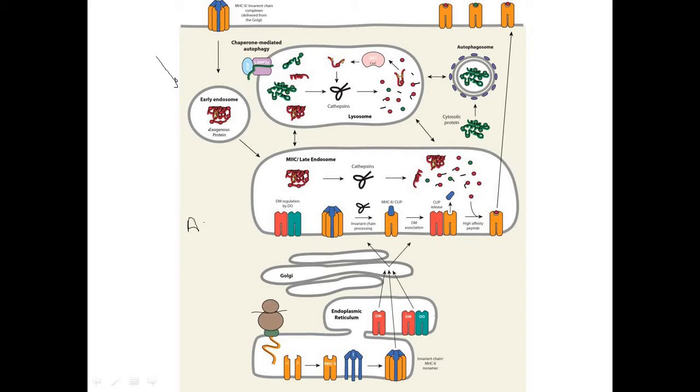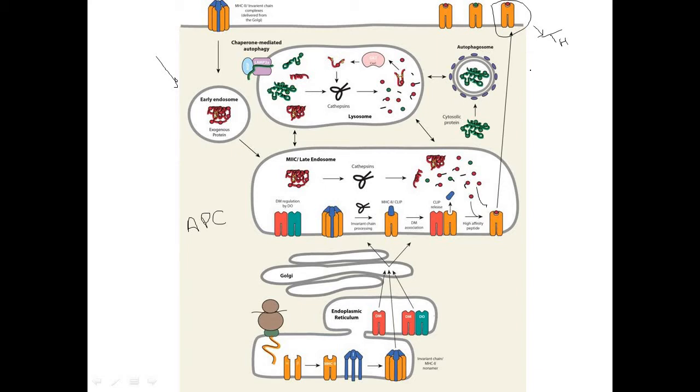And what happens inside this cell? This antigen gets endocytosed, and inside the cell it gets cleaved via cathepsin into very small parts, and then they bind to the MHC molecule, and together with the MHC molecule they move towards the cell surface, which you can see here. Once they move to the cell surface, they will then interact with T helper cell. If you want to know the details of how this process takes place, you can watch my exogenous antigen presentation video, where you can get every small detail about this process.